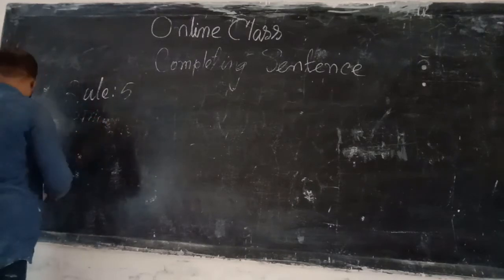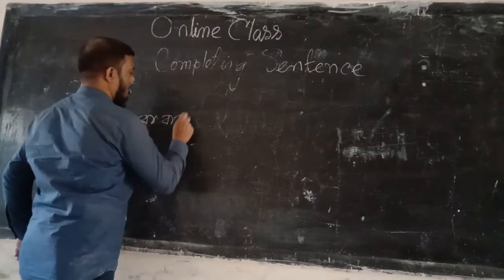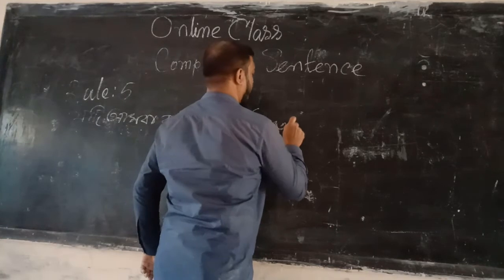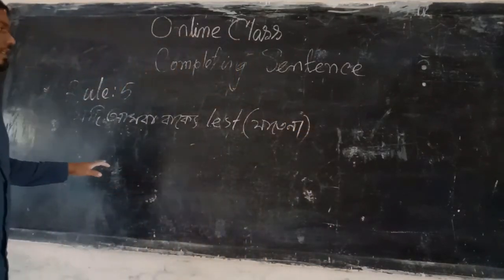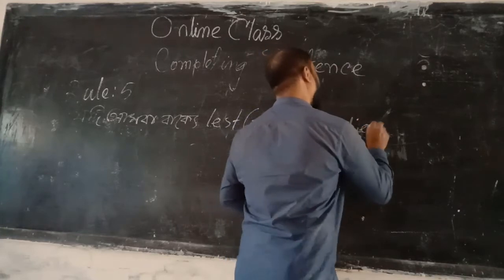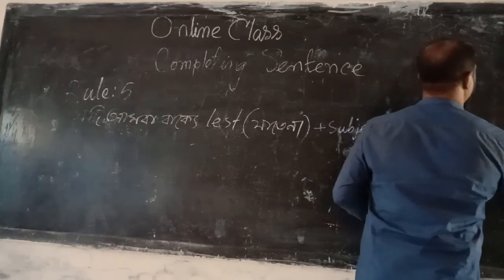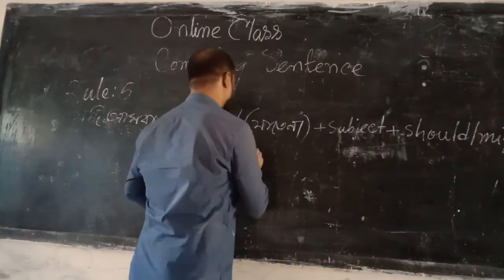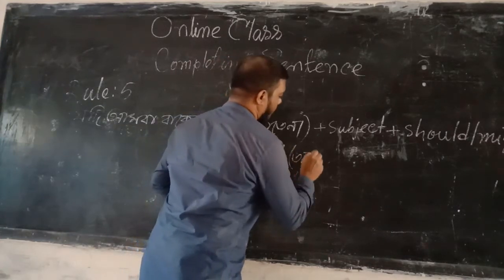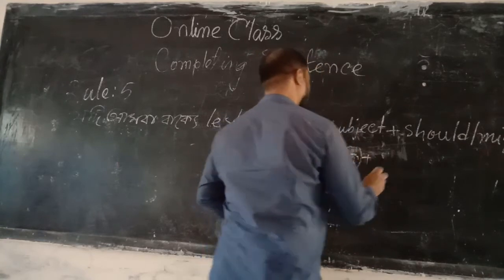যদি আমরা বাক্যে লেস্ট শব্দটি পাই, লেস্টের অর্থটা দাঁড়ায় যাতে না। Then to complete the sentence, we have to use the structure: lest plus subject plus should or might plus verb, অর্থবোধক, আমার একটা ভাব দিতে হবে যে অর্থবোধক, প্লাস এক্সটেনশন।